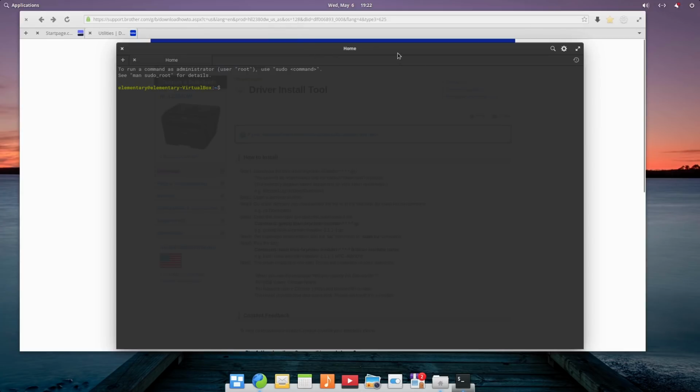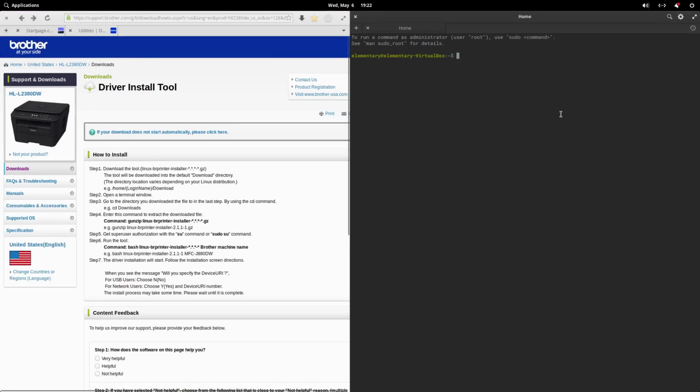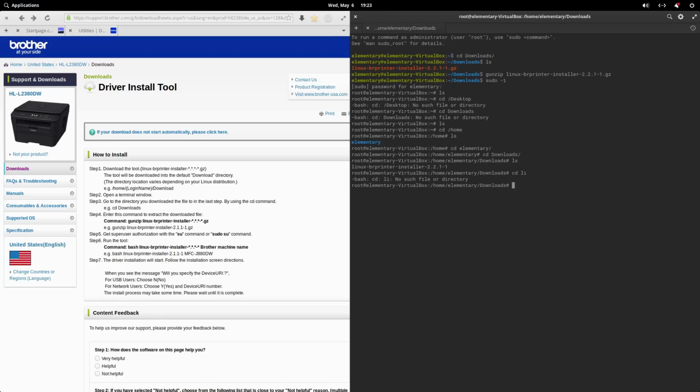And what we need to do then is follow the instructions here on our system. Let's go to our desktop. Downloads, I need. All right, so you can see my printer driver there. And now what we're going to do is gunzip. All right, so let's go into the sudo user if I can. And we also need to cd into